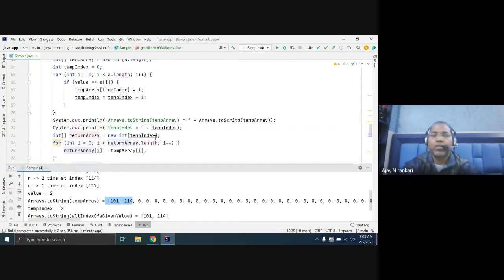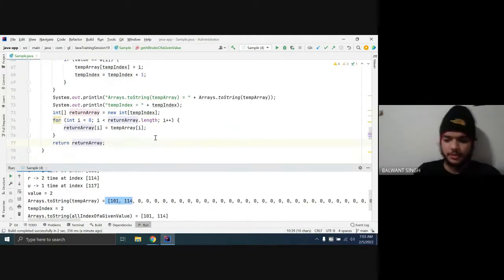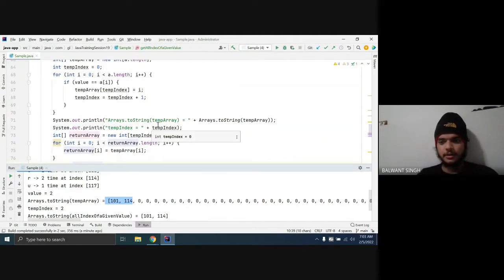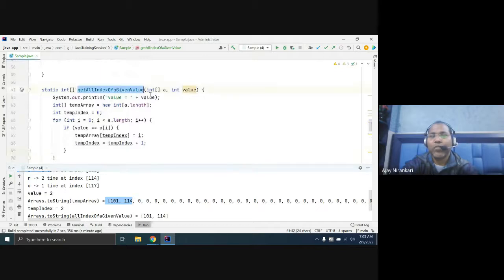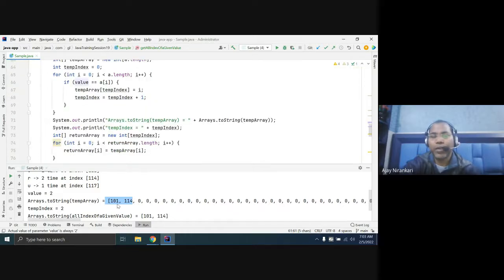Is there any doubt still? Is it clear till now how this method works? Whatever maximum value you pass here, it returns all the indexes. Maybe one index, maybe two, maybe three indexes.